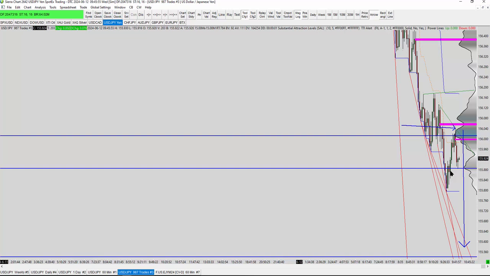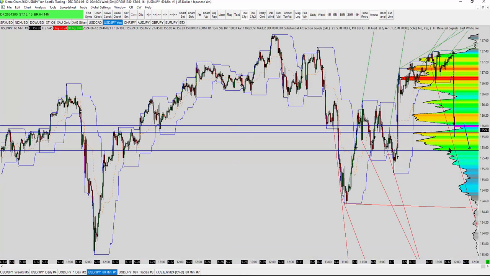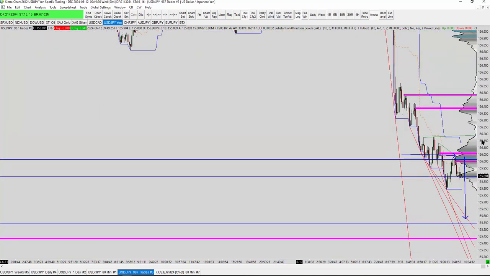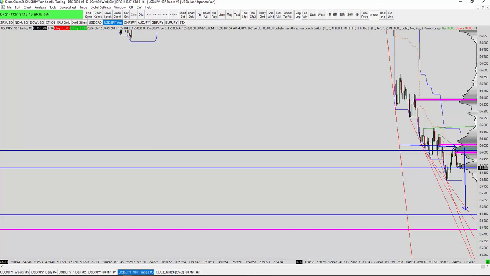Once we break the lower line, the breakage of the lower line means a continuation all the way down through this yellow area. It's a continuation zone, right? About managing the trades. Now, let's say you grabbed the short trade. Let me see if I could do a demo so I could chase it with you guys. For example, let's say we grab the trade and you are making some profit here,